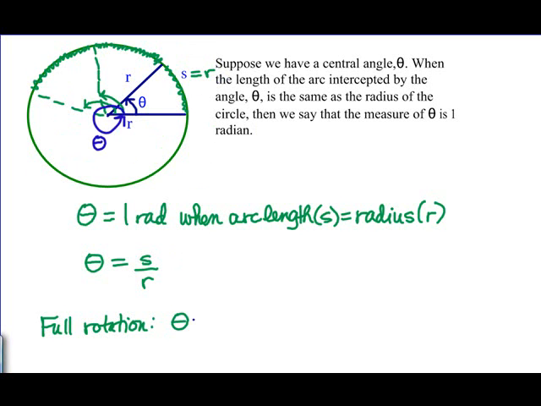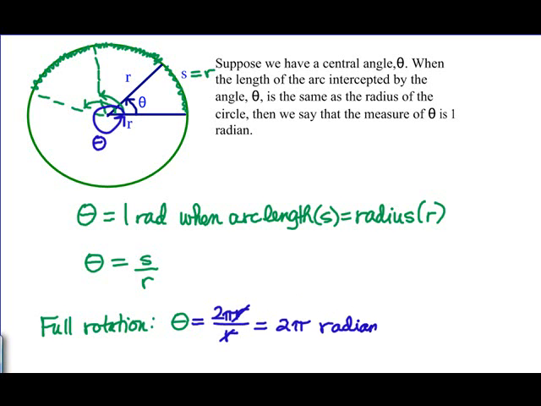Well, we know that when we have a full rotation of the circle, the arc length is just the perimeter, or the circumference, of the circle. The circumference of a circle is 2 pi r, and then we divide by the number of radii in that, divide by r, and we find that when we have a full rotation of the circle, the angle is 2 pi